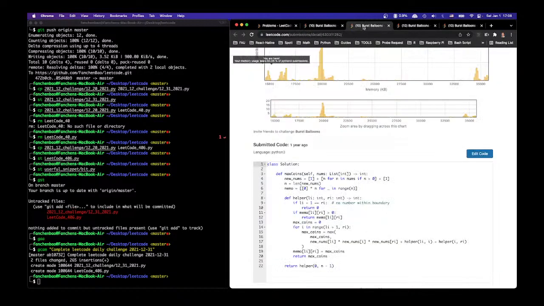You know what? Let's read it. I don't know. New nums. What the hell is new nums? Oh, it's add 1 on each side. Is the memo. If left plus 1 equals right, no number within boundary, returns 0. Huh? If left plus 1 equals right,